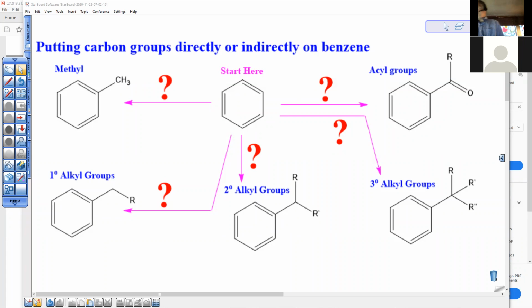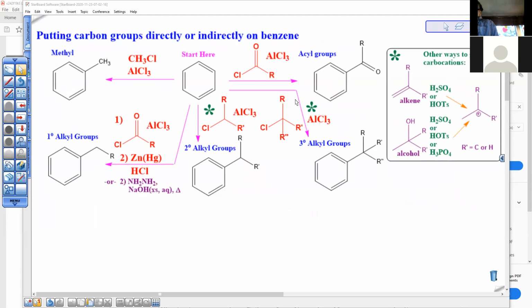And here we go. We're starting with benzene, and we have to put a methyl group on benzene. How is that done? Well, remember, all the reactions that put a carbon group on benzene require the same catalyst, and that's aluminum chloride. So everything here is going to have aluminum chloride. And a methyl group on benzene, you need a methyl with a halogen on it. And I've got all the answers here on the next page. If you want to put a methyl on benzene, you use methyl chloride and aluminum chloride as the